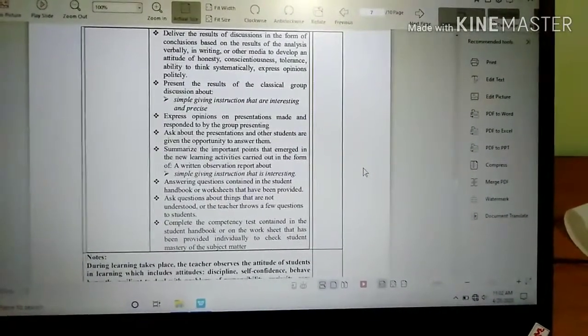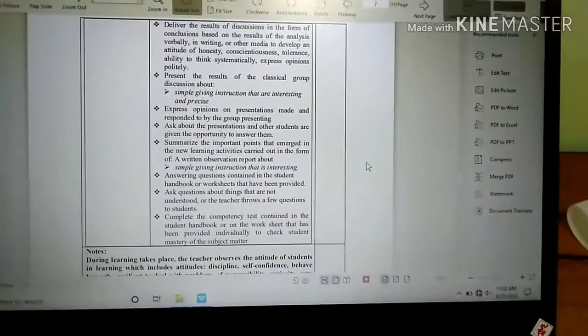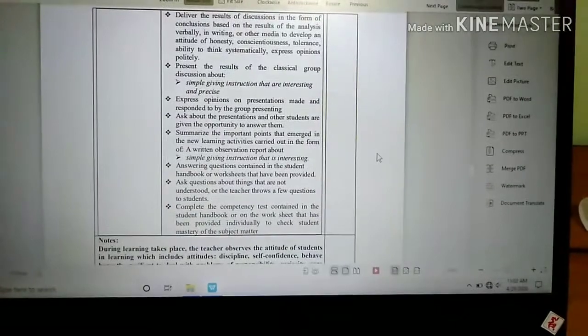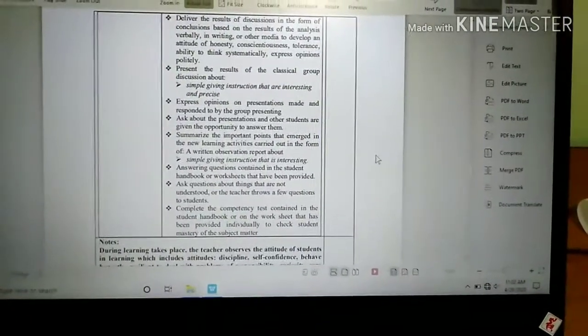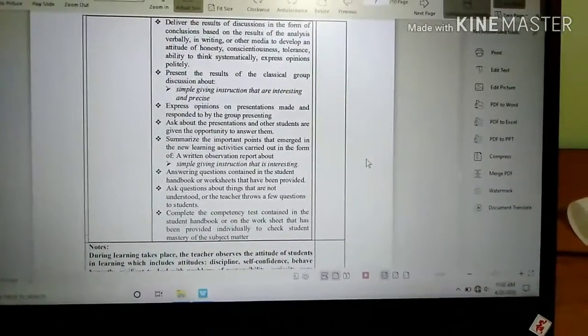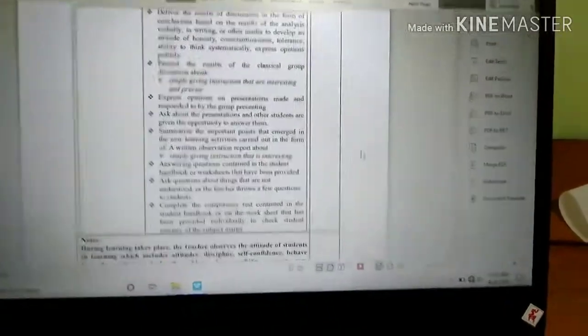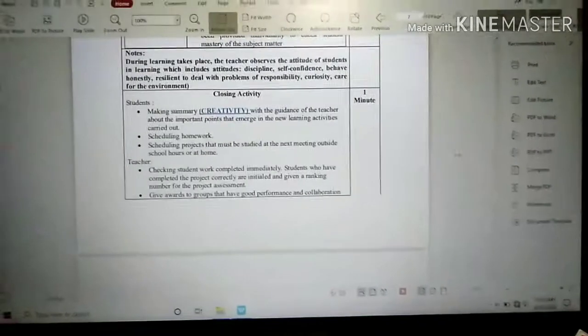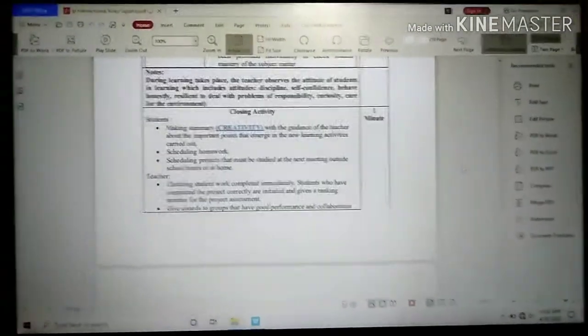Complete the competency test contained in the student handbook or on the worksheet provided, individually, to check student mastery of the subject matter. Notes.